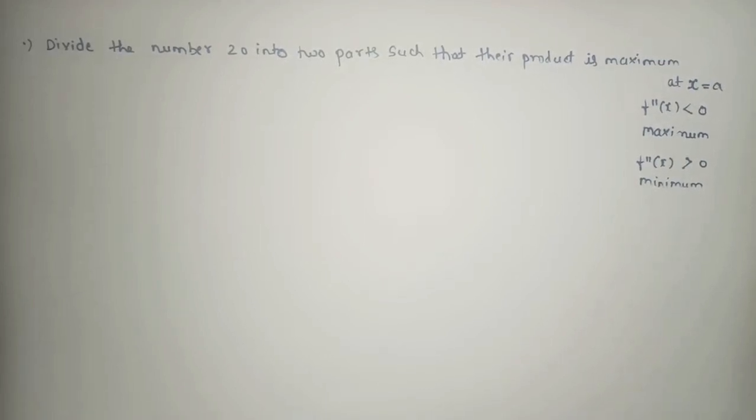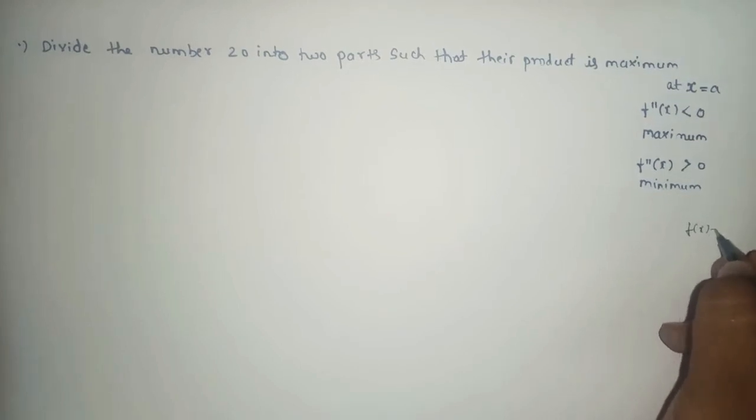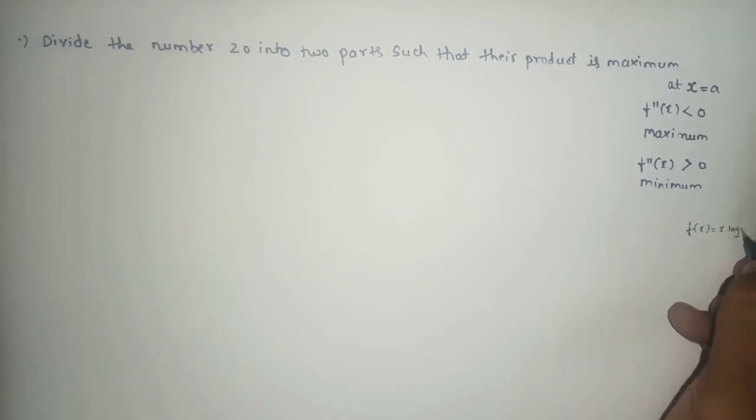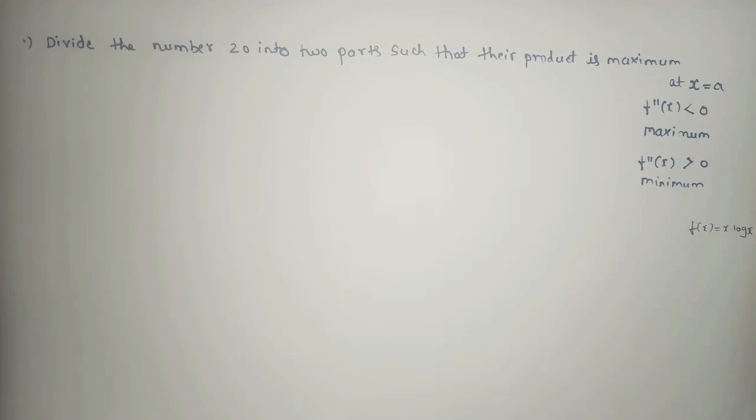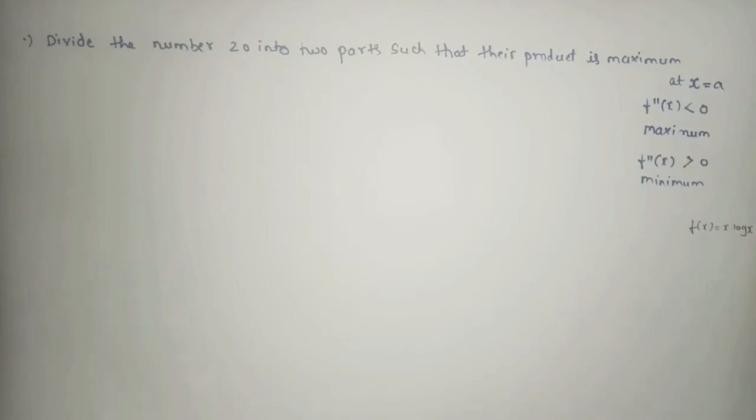And question number 2 is very important because it was a combination of algebraical and logarithm. I hope you all understood the second sum, which was f of x is equal to x into log x. It is a very important sum for 3 to 4 marks. Okay, so that was question number 1. So we are left with three more questions from exercise number 4.3, and all three are very important. And the concept, again, is similar.